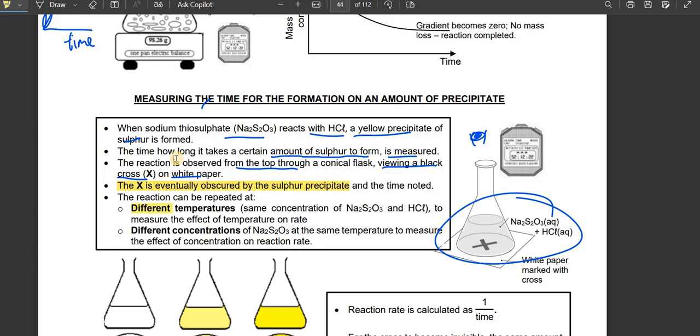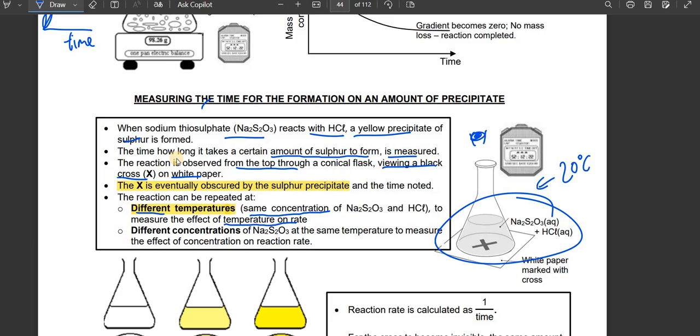Then you can repeat it at different temperatures, right? If you are repeating it at different temperatures, remember that is now what is called the factor that you are investigating. So it means if you decide to change the temperature, you must keep the concentration the same to measure the effect of temperature on the rate, which means maybe you can do this at 20 degrees Celsius and then you change the temperature maybe to 50 and see how fast is the X going to disappear